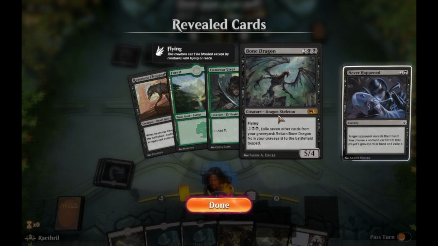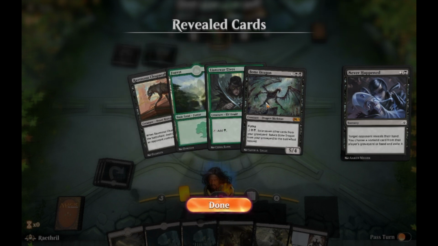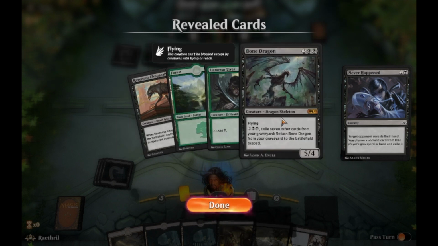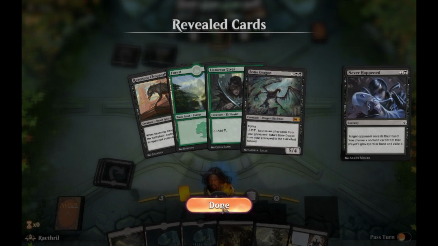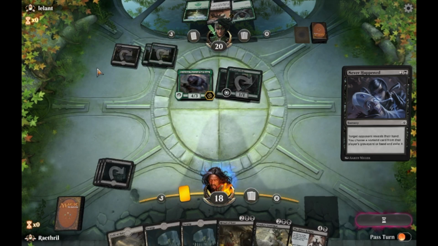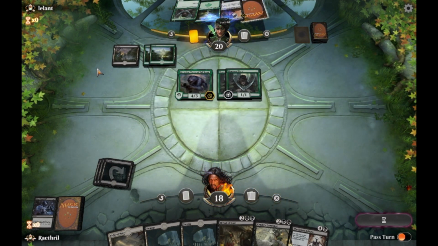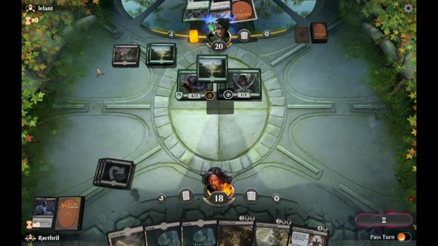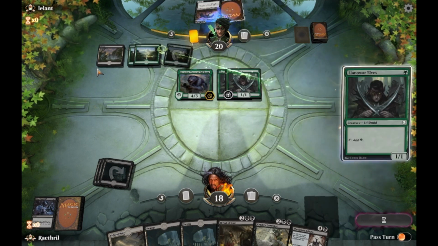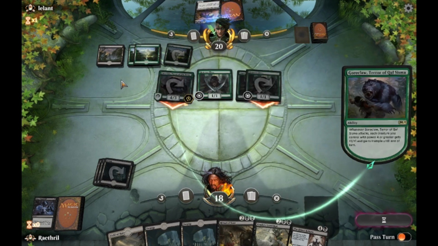Bone Dragon. Interesting. Chupa, we have an answer for. Land of War Elves is fine. So we'll exile the Bone Dragon, that way they can't possibly pull it back. Their other Land of War, which is fine. Like we're hoping for some